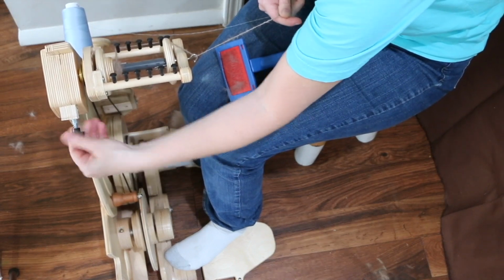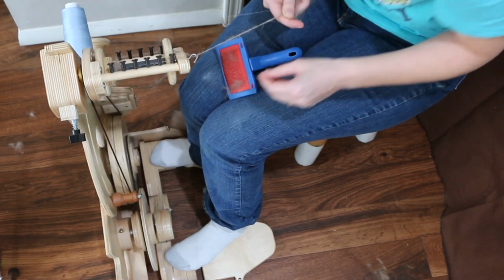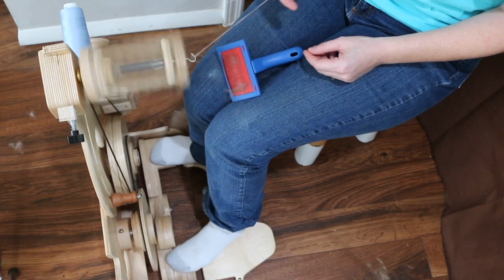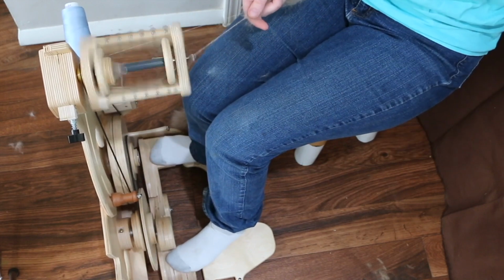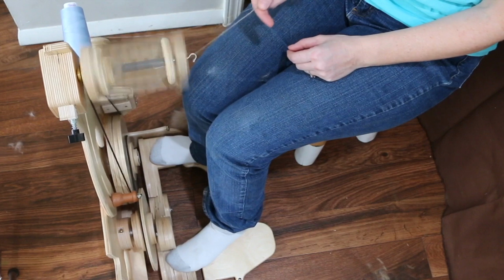I was plying the dog yarn last, and so I had a pretty good pull on it because I was doing a Navajo ply, which requires some pretty good pull. So I need to let it set a little bit more of a twist. And you see, I'm not guiding it. I'm actually doing a long draw, meaning I'm letting the twist carry up